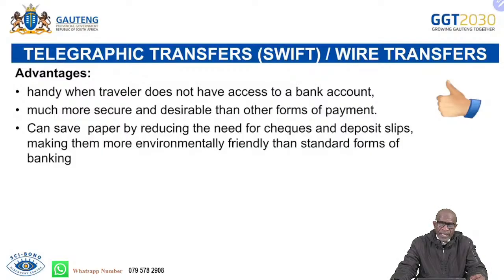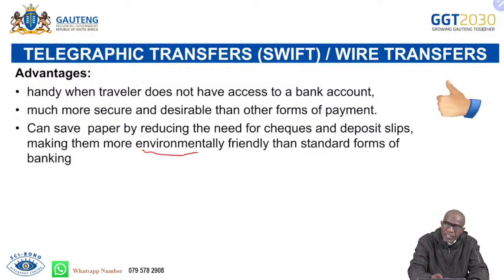Also, it can save paper by reducing the need for checks and deposit slips, making it more environmentally friendly than standard forms of banking. So it is aligned to environmental friendliness because it reduces the use of paperwork